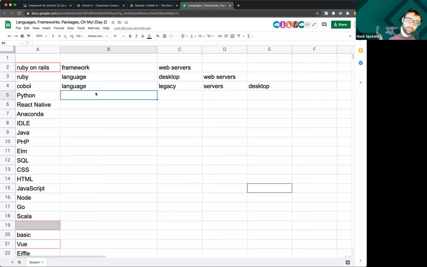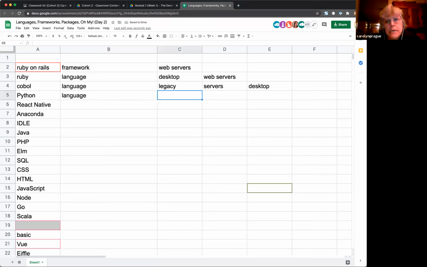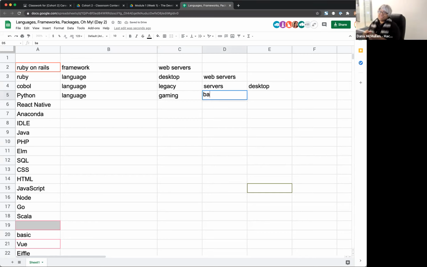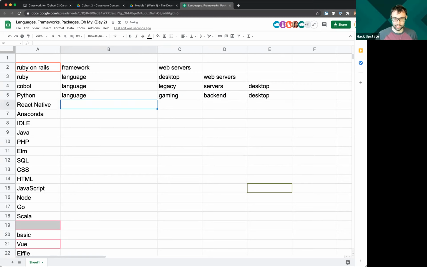Python. What is Python? Language. It is a language. And where is it used? In gaming. It is used in gaming. Yep. And back-end web. Forensic science. It is used on desktop as well, and it can be used on web servers.